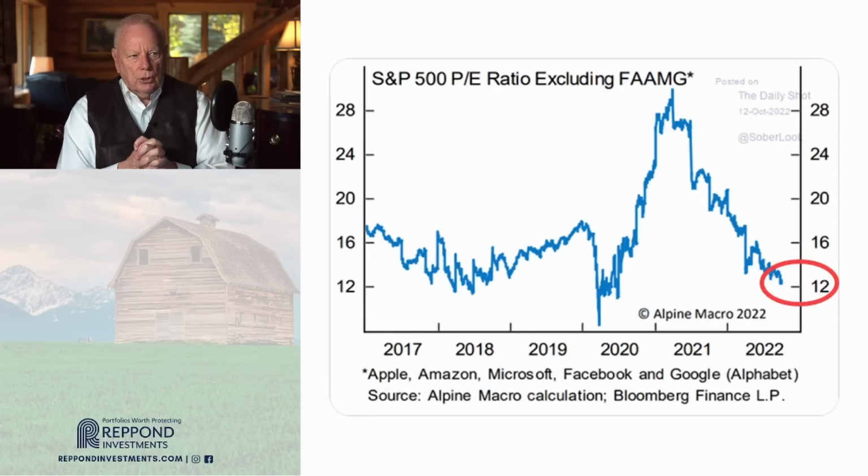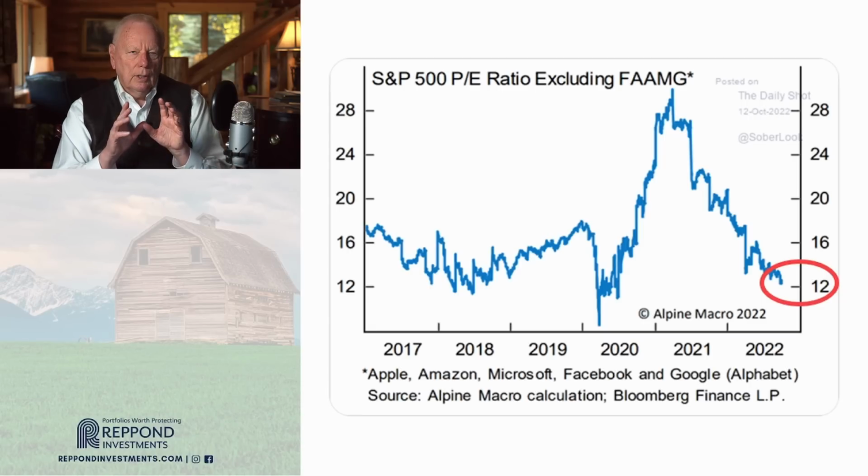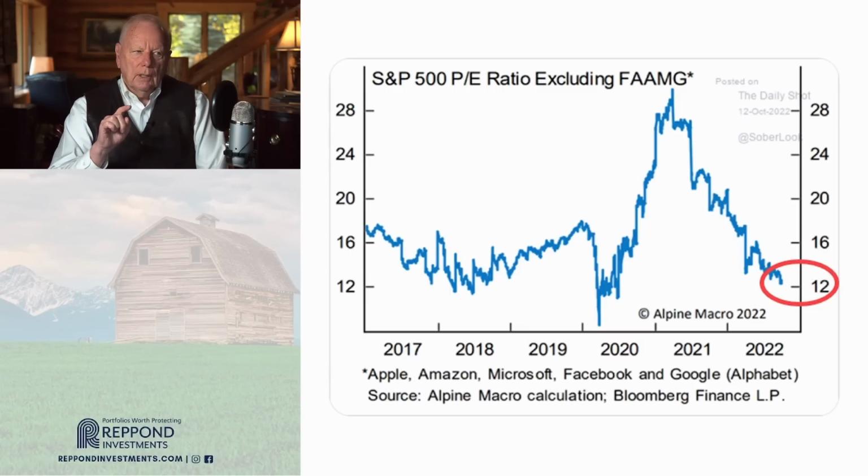This is an interesting chart because it shows the amount of excess that has been in the system, and according to some, a lot of excess that's still in the system. One of the methods for valuing stocks is the price-earnings ratio of stocks, or for that matter, the price-earnings ratio of an index. This chart plots the price-earnings ratio over time, going back to 2017, so this would be about 5+ years, and you can see the price-earnings ratio,